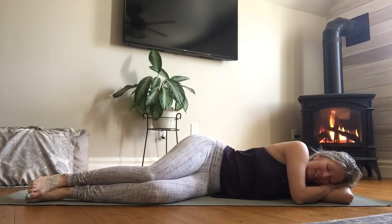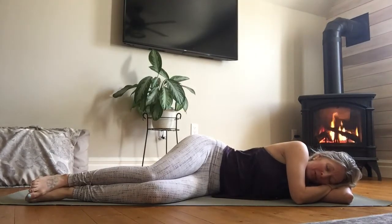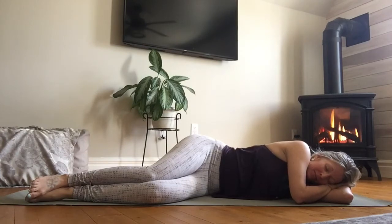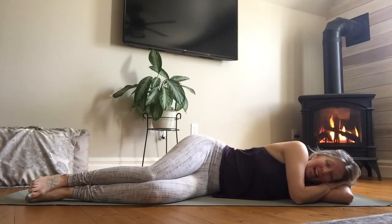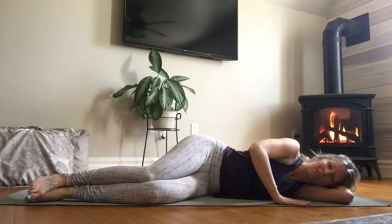Maybe reminding yourself that you are grounded, that you are in the flow, and you are releasing tension around control. Beautiful. On the next inhale, take that top hand, plant it onto the mat in front of your chest and